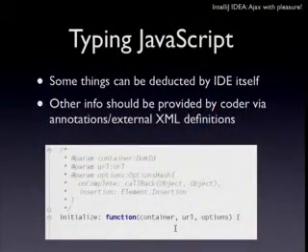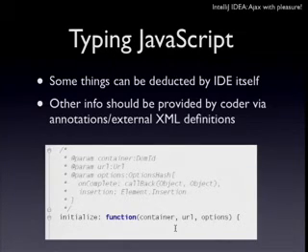What we are also thinking about before JavaScript 2 comes to the scene is typing the JavaScript language. What we mean is not that you have to put some types in your code, but first of all, lots of things can be deduced by the IDE itself. We already have basic stuff, and we have been working for a while on much more advanced type checking for JavaScript. But also, the user can help us a lot by embedding some sorts of annotations, either JSDoc or any other standard that might arrive or that we may create in collaboration with other developers or other IDE vendors, so that if you write those annotations in your code, we can read and detect them, and give you lots and lots of hints, have refactorings recognize them, and have our completions and help features